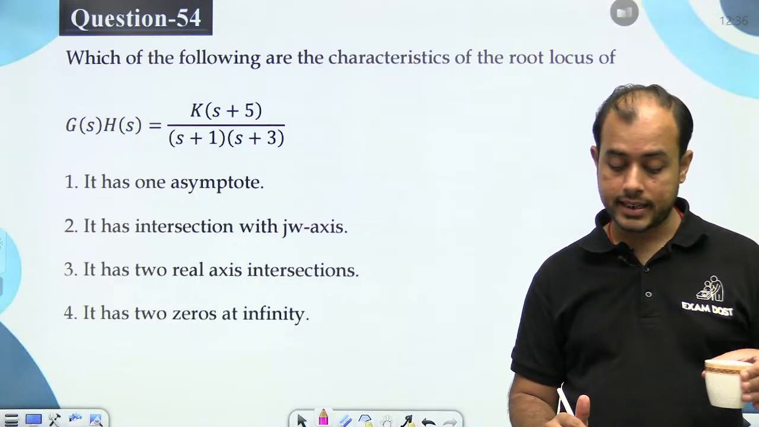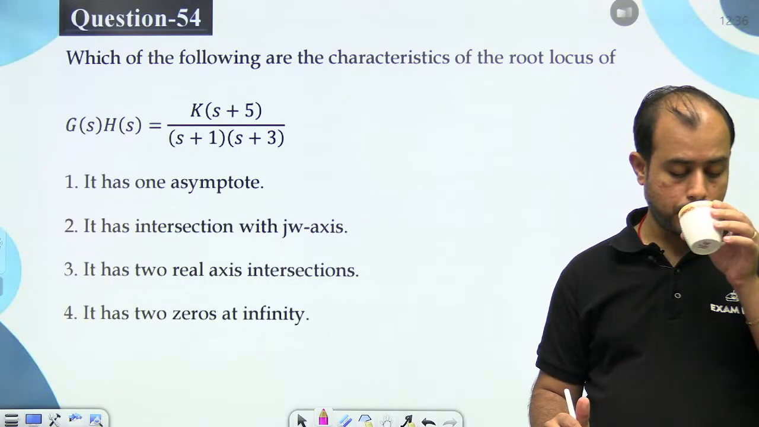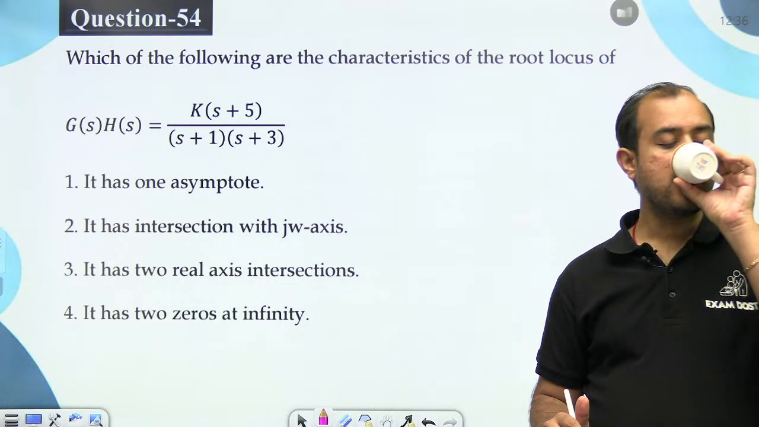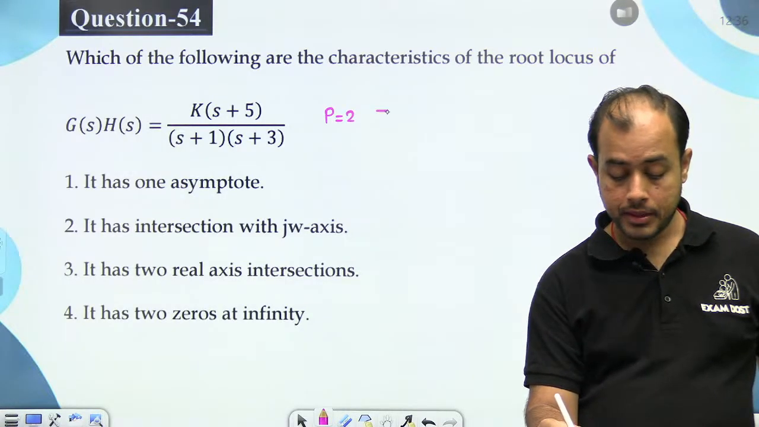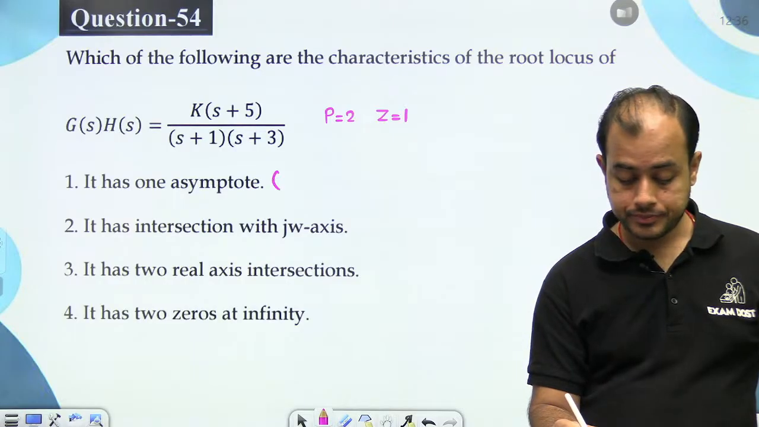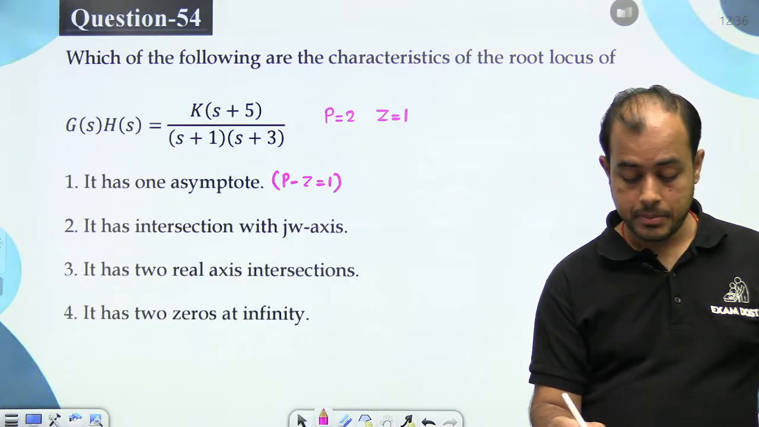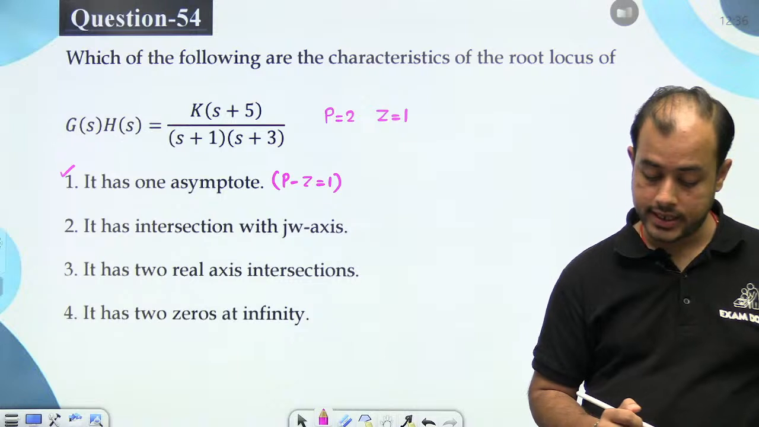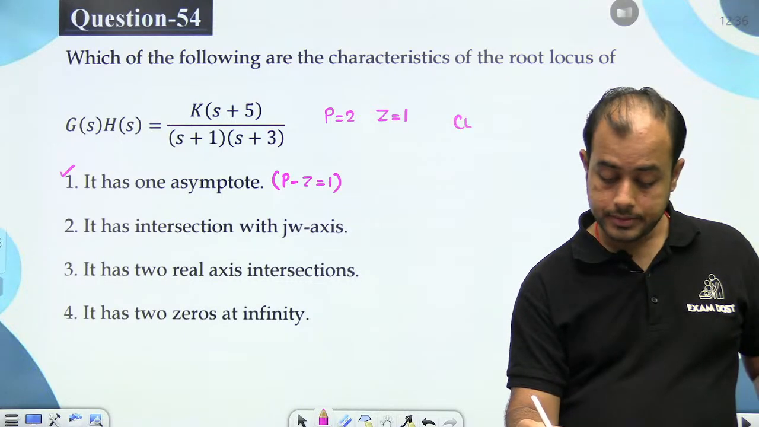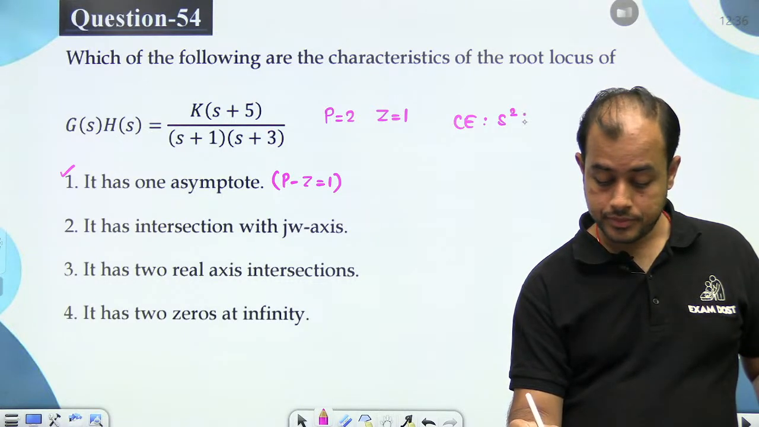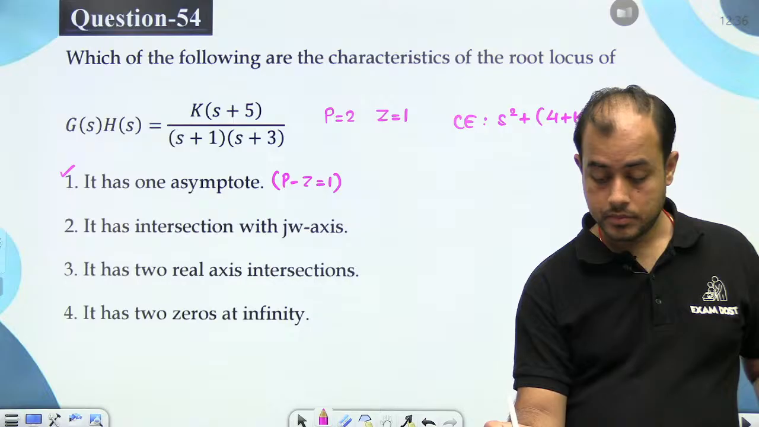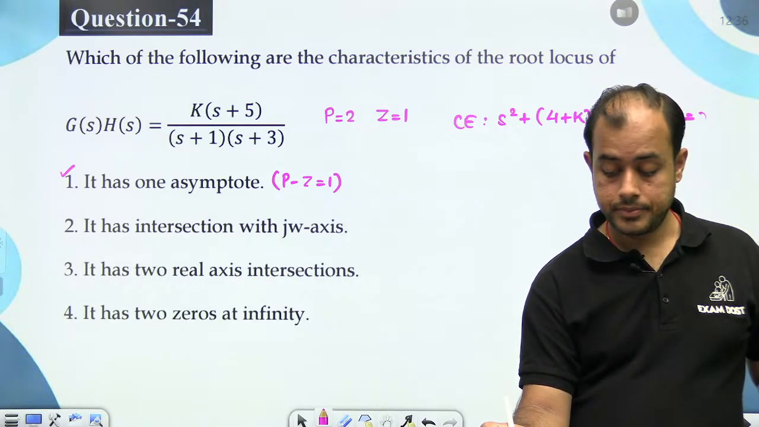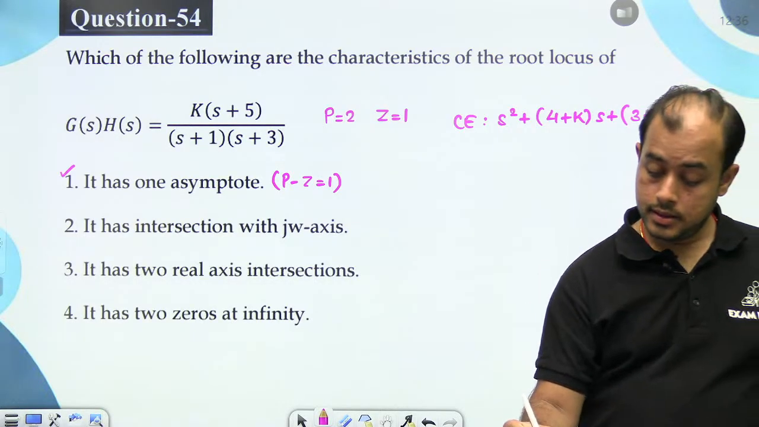Which of the following are characteristic of the root locus? There are 2 pole, 1 0. So P minus Z is 1. It has 1 asymptote. Okay. So for